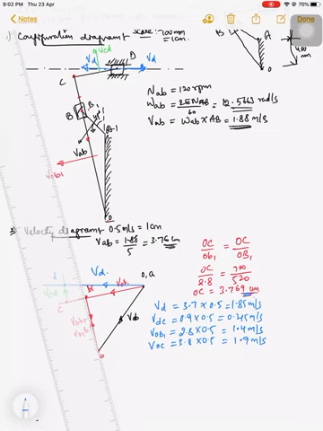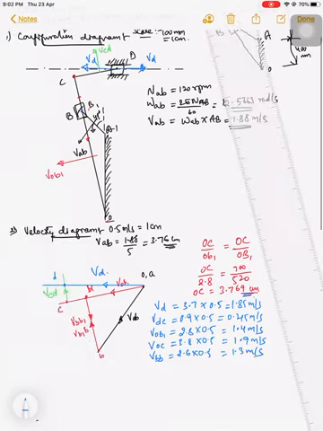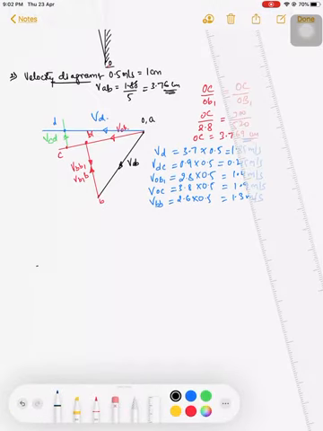So this is the distance VBB1, that is the velocity of a point of a slider with respect to a point. So we are considering a point here, B1. Our slider is sliding B up and down. So the velocity of a slider with respect to the point, VBB1, is 2.6 into 0.5, that is 1.3 meter per second. 1.3 meter per second.